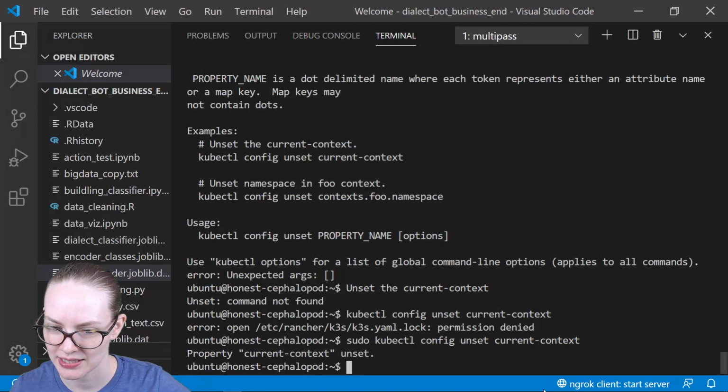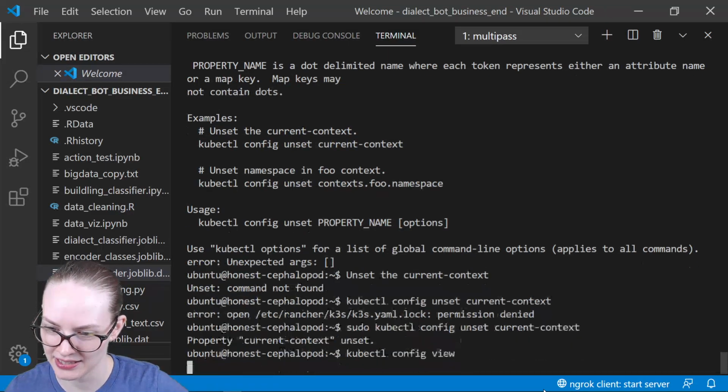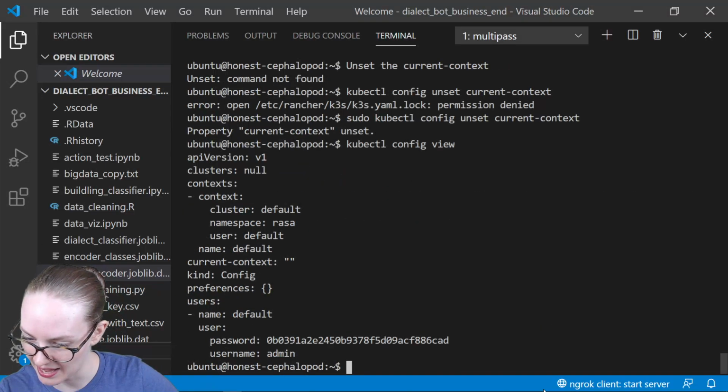Current context unset. All right. And then if I ask to see everything, I see nothing. All right, so it looks like I could